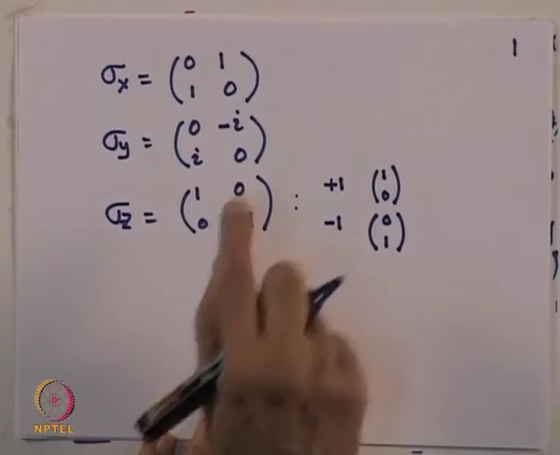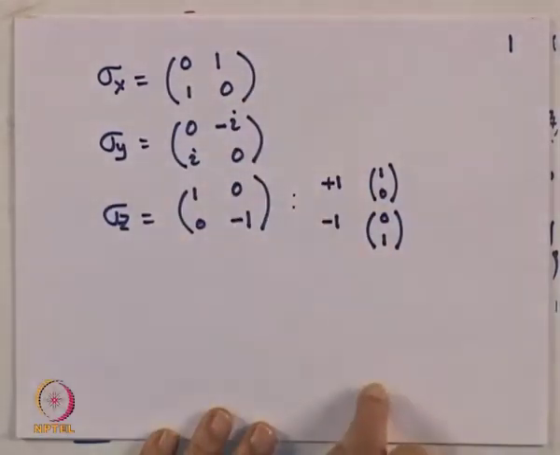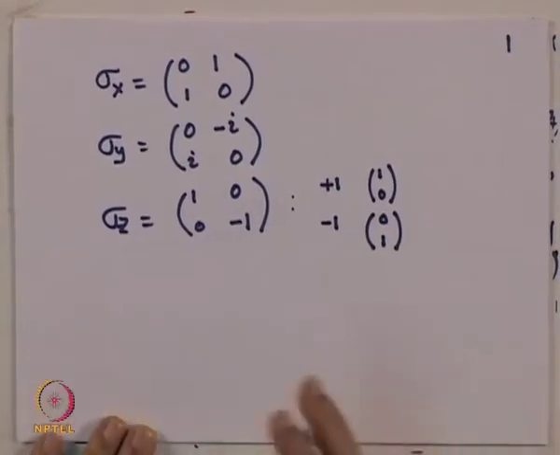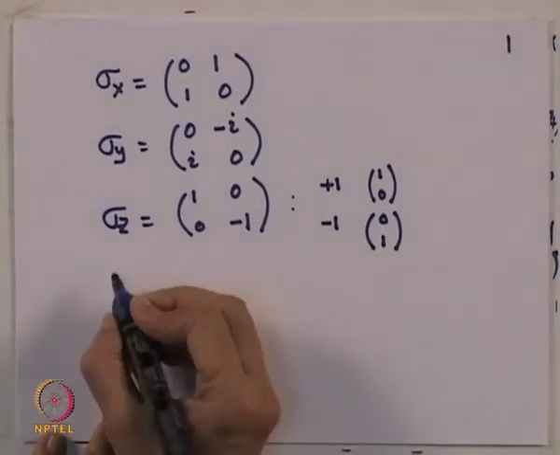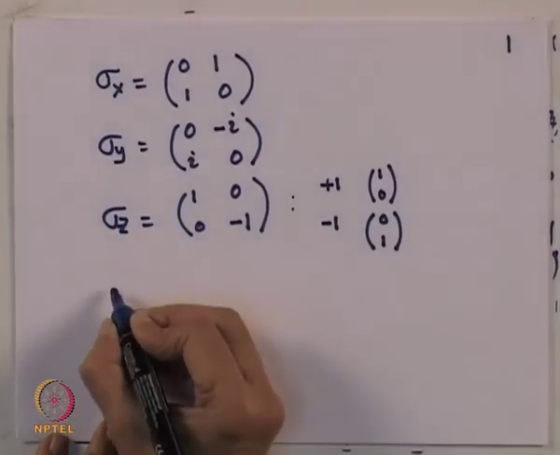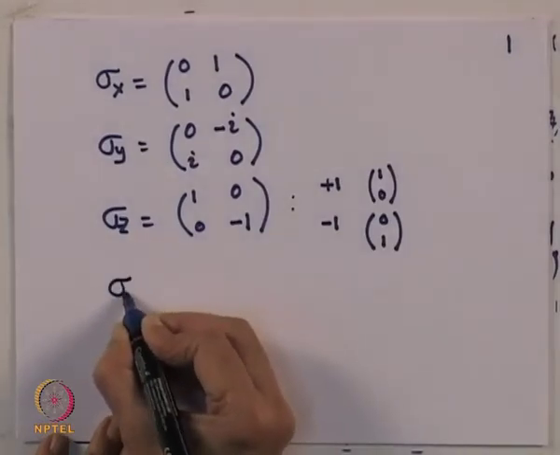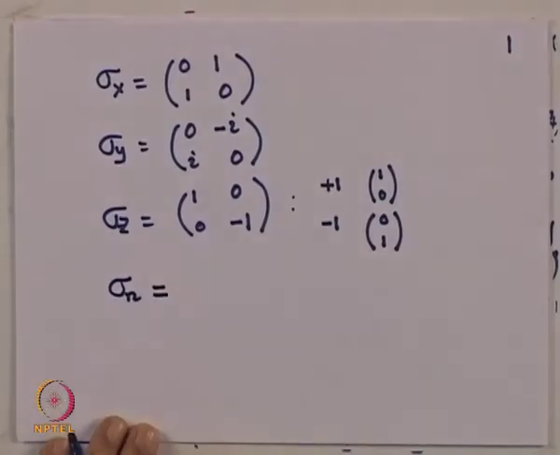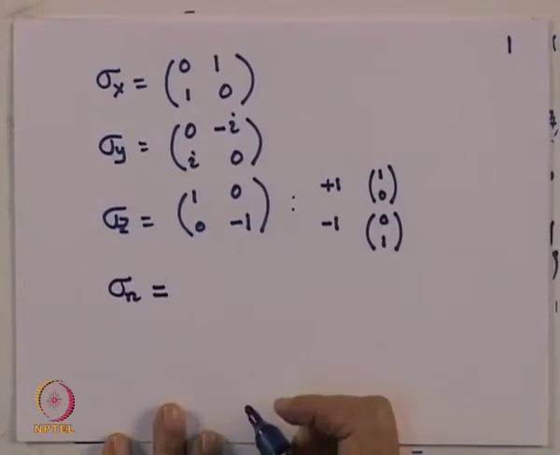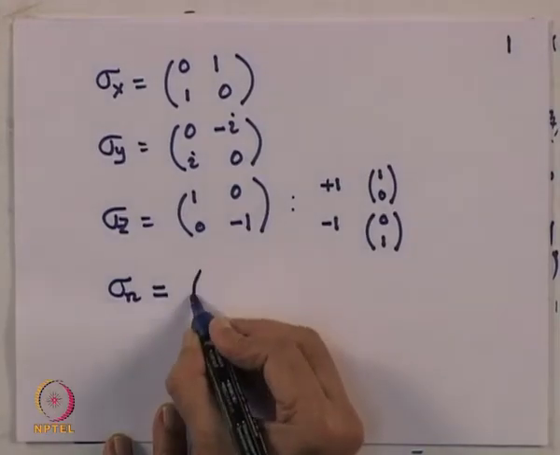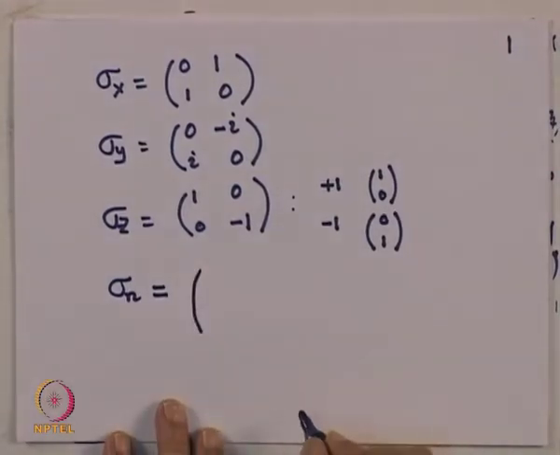You can yourself find out what the eigenstates of sigma x and sigma y are. Let me find out the Pauli matrix in an arbitrary direction. Let's just call it sigma n. As you are aware, an arbitrary direction in space, the unit vector, has components where the x component is equal to r sin theta cos phi, the y component is equal to r sin theta sin phi, and the z component is r cos theta. If I take r equal to 1,